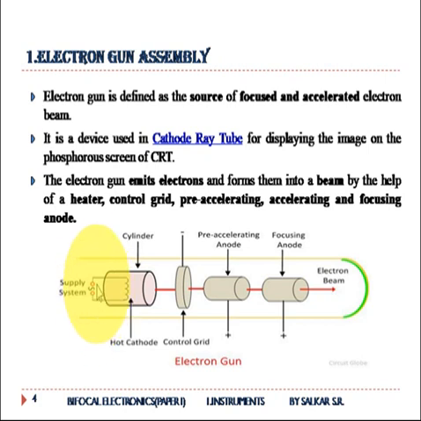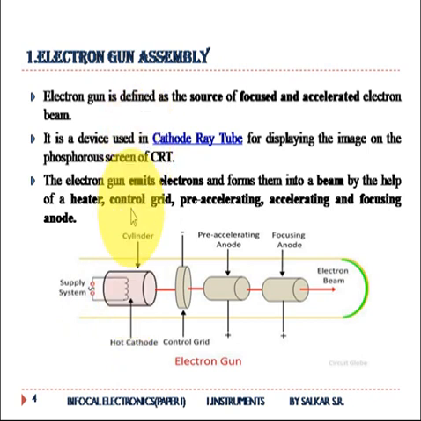This supply is connected to the CRT in the electron gun assembly. Once the supply is on, it is directly connected to a hot cathode. Here you can see a coil-like structure which is called a hot cathode. The cathode, we know, is a negative terminal, a negatively charged material. The cathode is responsible for emitting the electrons. The hot cathode is a simple coil connected to the main supply of a CRO. When the supply becomes on, it is given directly to the hot cathode.